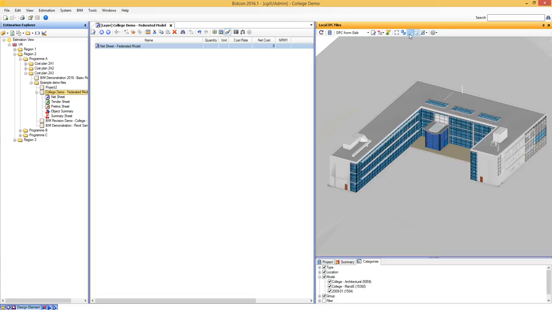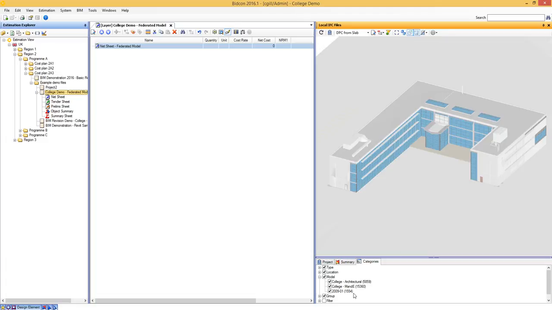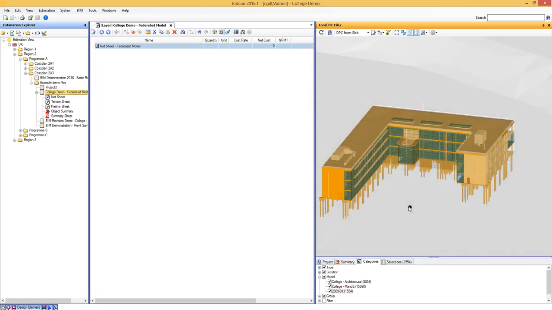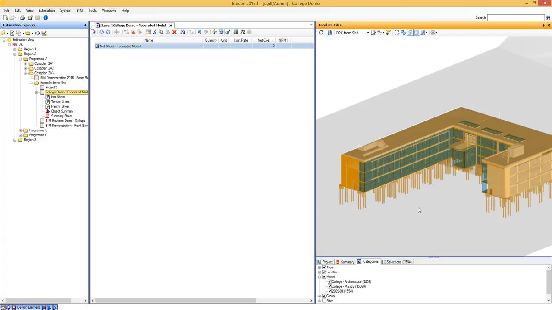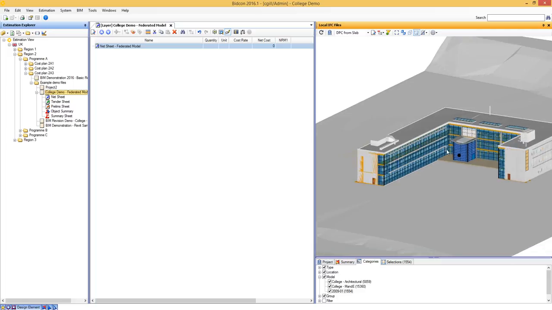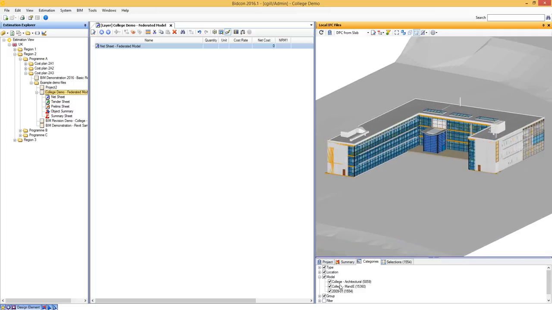And if I step into transparent mode for a moment, you can see when I click on, for example, the structural model, we can see all of the elements of those that are highlighted. So let's go back into solid mode and stop highlighting anything. To show you very briefly using the takeoff editor